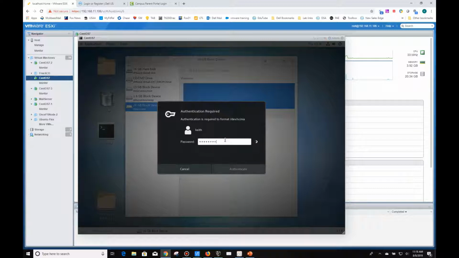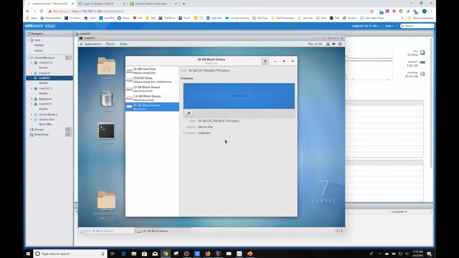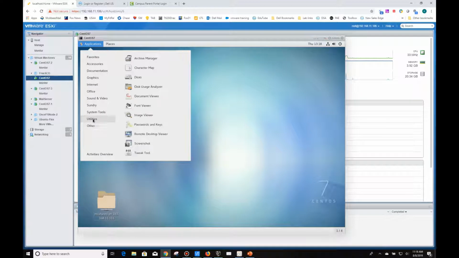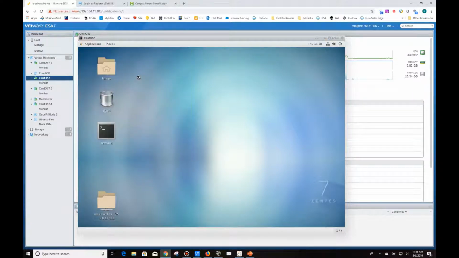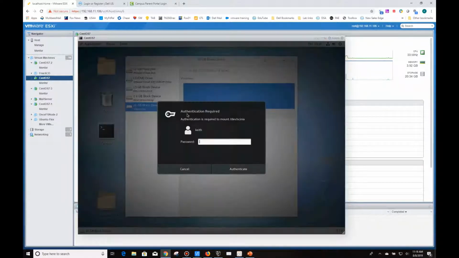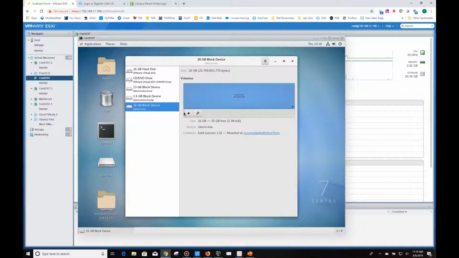And this is just Linux asking for a password. Let's try that one more time. I'm not sure what happened there, but perfect. All right, we're working, and you can see the mount position was run media, Keith, and then test thick,